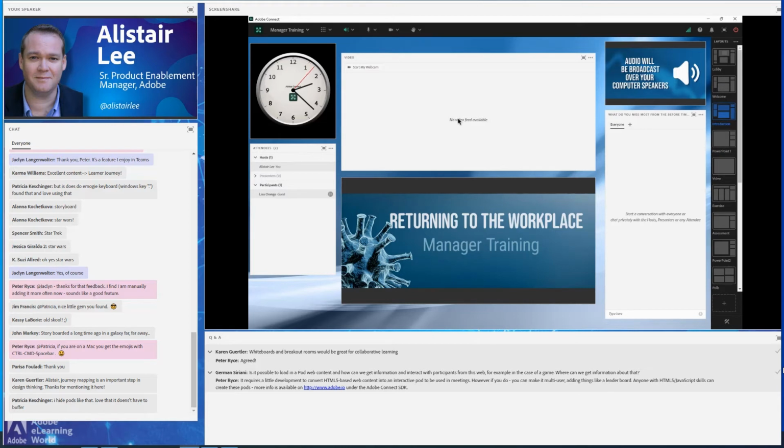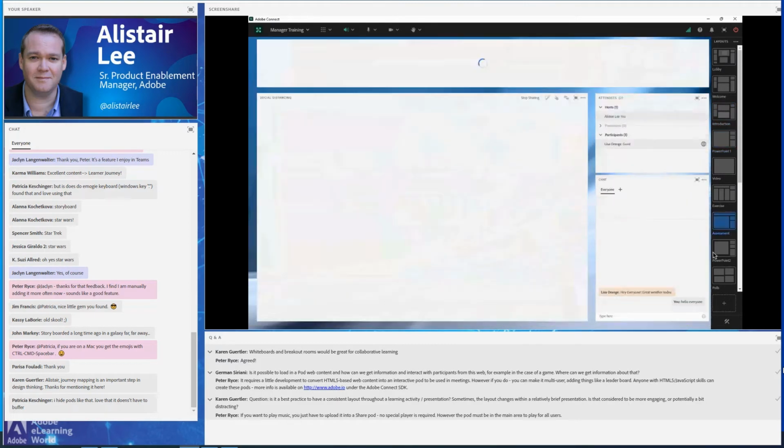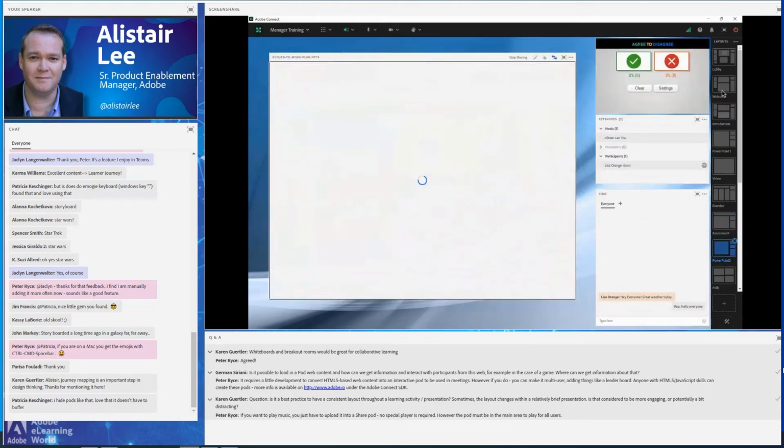We can turn on things like video as part of an introduction, even if we don't want to use it for the rest of the learning session, for the rest of the classroom. You'll notice we're keeping, typically on most of these layouts, a consistent chat pod. So as I move from layout to layout, there's always some chat down here in the bottom right.